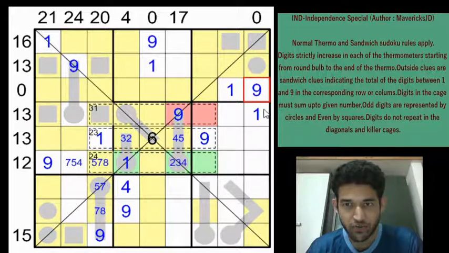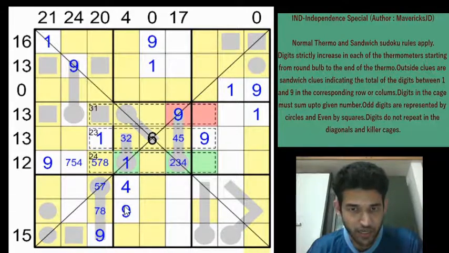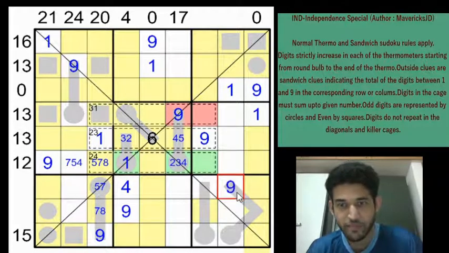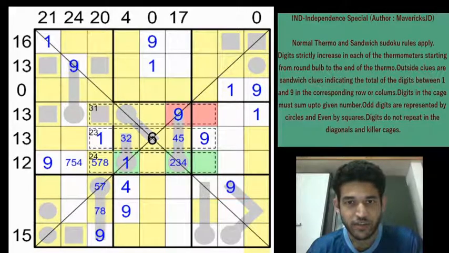Now, because we have marked 1 and 9, we can eliminate the rest of the cells as not being 1 or a 9. And 9, using classic rules from row 8 and row 9, will be going into only this cell. Right? Can't be in this cell and this cell. So it has to go here. So we have, I think, marked all the possibilities of 1 and 9. 1, 9, 1, 9, 1, 9, 1, 9, 1, 9.